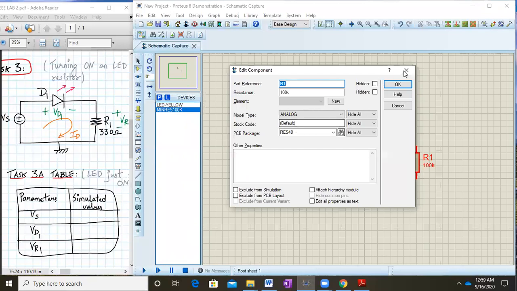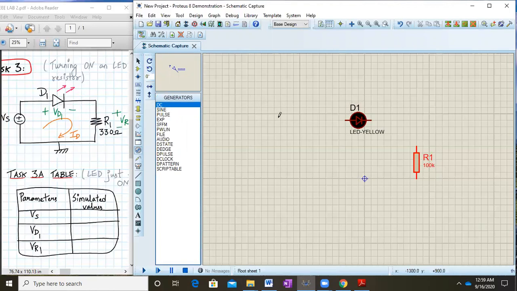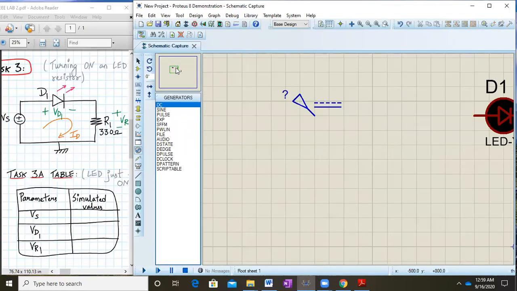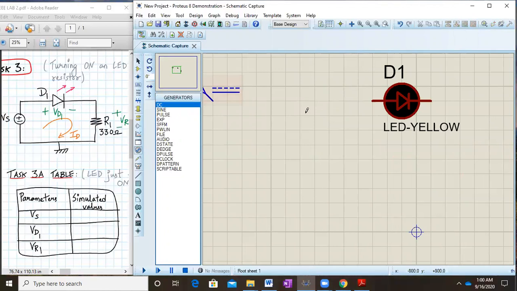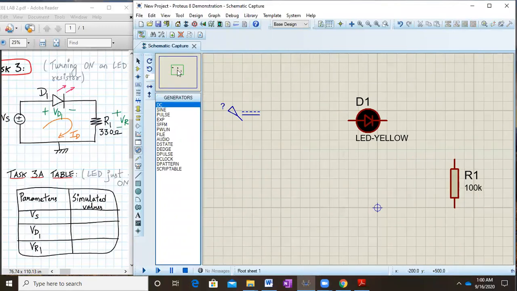Okay. Now, what do I connect for the supply? For the supply, what you need to do is go over here. Here there is a generator, right? Click on that generator mode and you select DC from here. Then right click on the screen, so that will appear on your screen. Let me just increase it a little. Yeah, I think now it's fine. So this is basically will act as a DC voltage source. Okay, this acts as a VS basically.